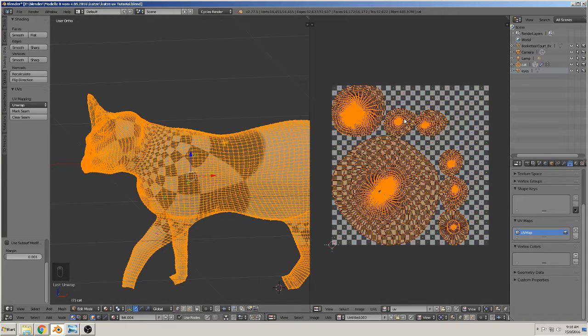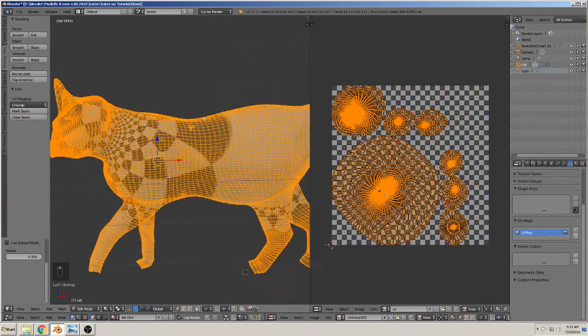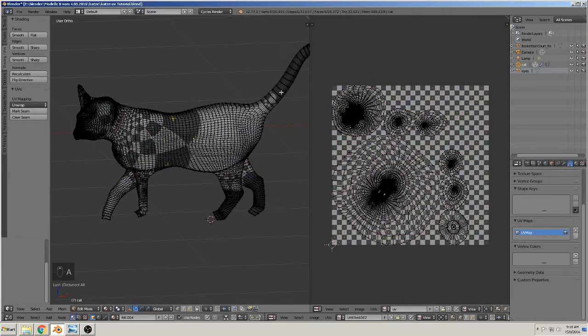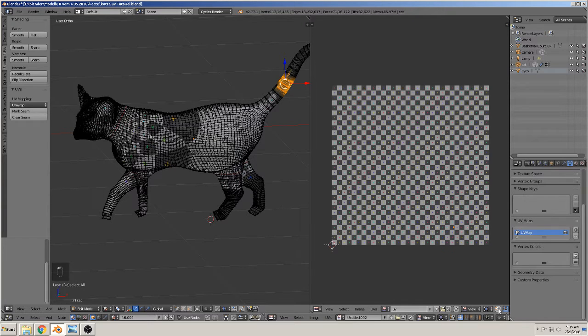But here you see the separate parts, the legs and the tail. When you want to see what is really what, you can mark here and click this symbol, keep UV and editing mesh selection in sync. So you click that,